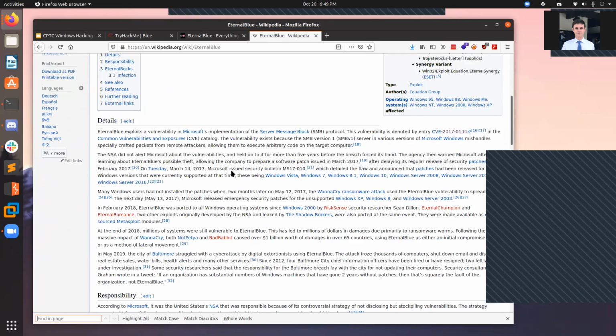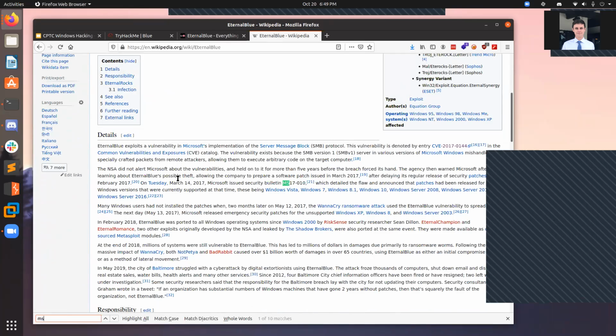Let's do a Control F for MS, see if they can. Here it is. So Microsoft issued a security bulletin called MS17-010. A Microsoft Security Bulletin is similar to a CVE. For those who don't know what a CVE is, it's a vulnerability that was found in a software, then reported and fixed, and then assigned an ID that identifies that vulnerability in that specific